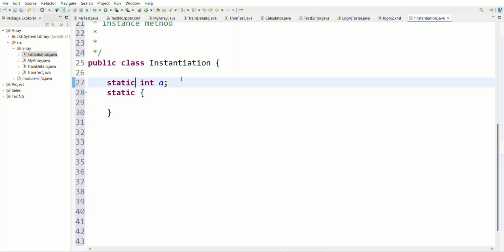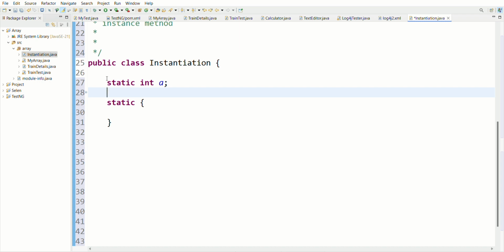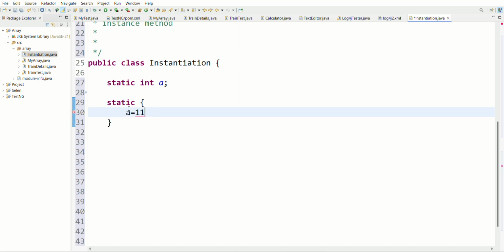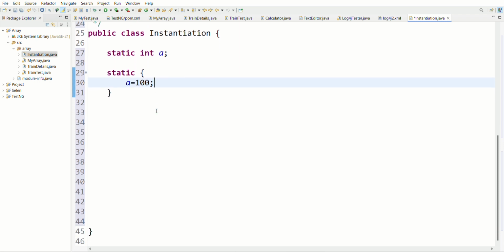If the user gives the value of a, that is okay, but if the user has not given any value, then its default value may become 100. This is the normal work I want to do.